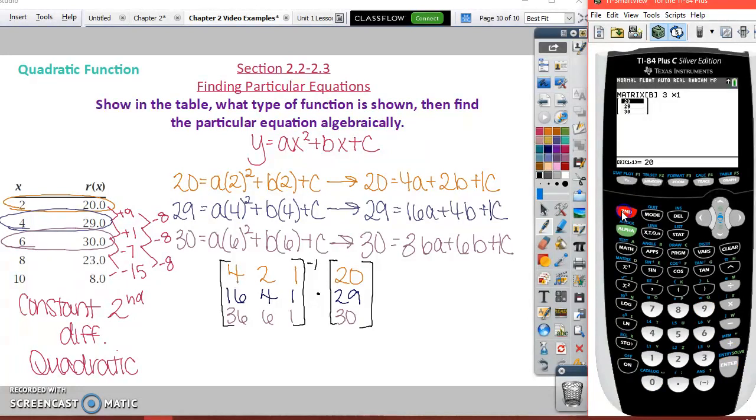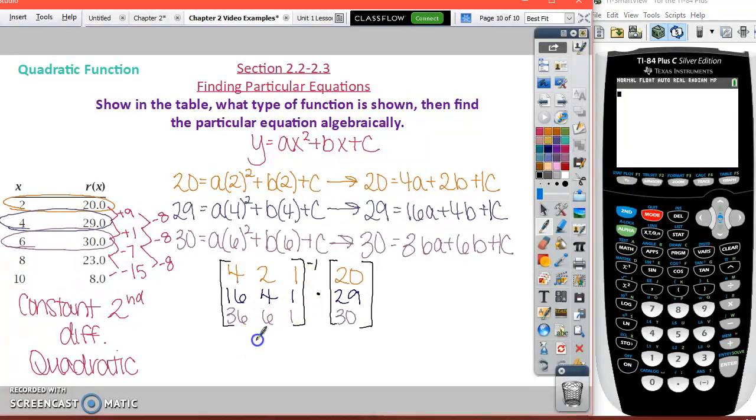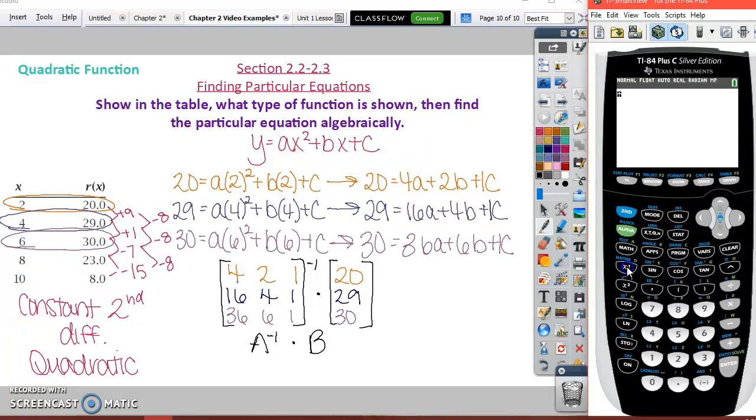From here, we're going to go to the main screen, and I'm going to take matrix A to the -1 power times matrix B. And so I'm going to go back into my matrix menu and now grab matrix A. Don't go over to edit, just grab number 1 and hit enter. I want this to be to the -1. Arrow over, I'm going to multiply this by matrix B, so we're going to go back into the matrix menu, grab matrix B, hit enter, and my answer,